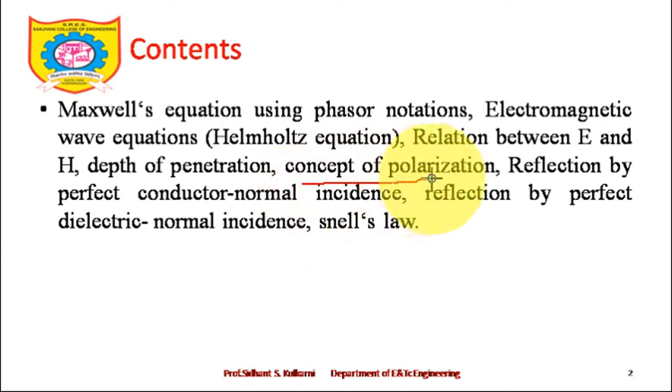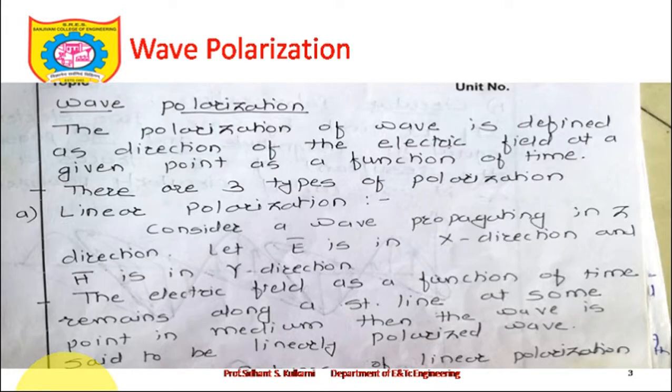Usually the question for 4 to 6 marks, what is wave polarization and what are the different types of polarization, will be asked in an examination. So it's very simple to understand what wave polarization is. Try to understand first of all, then we will proceed forward. So what is polarization? The polarization is defined as the direction of the electric field at a given point as a